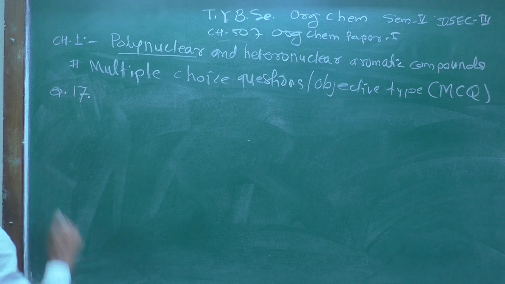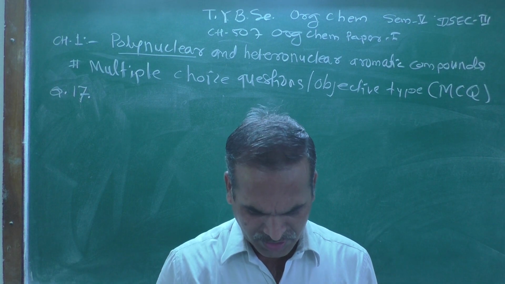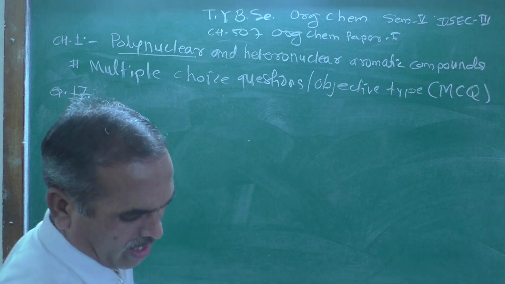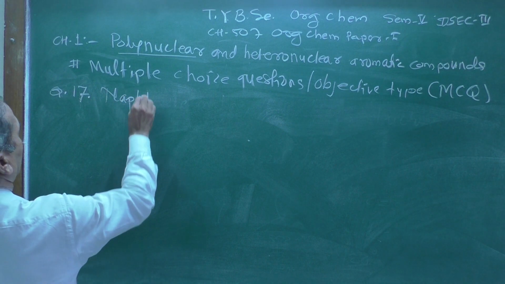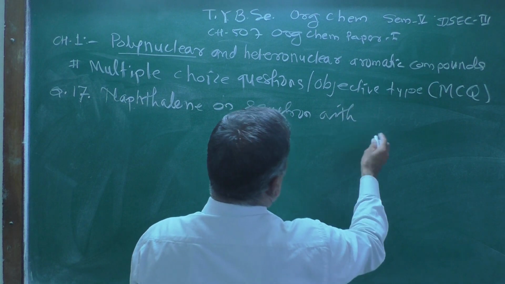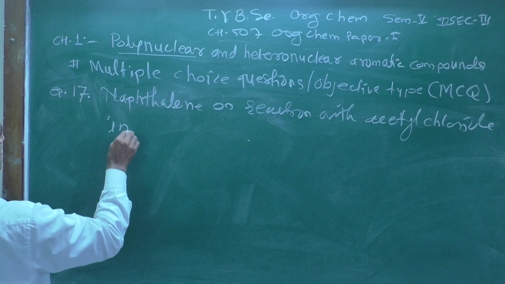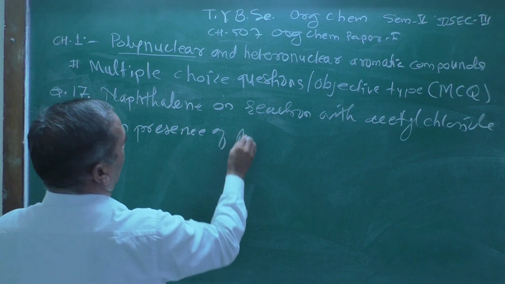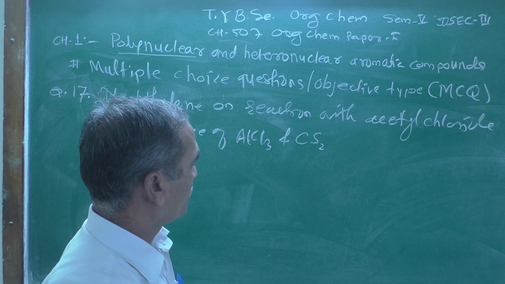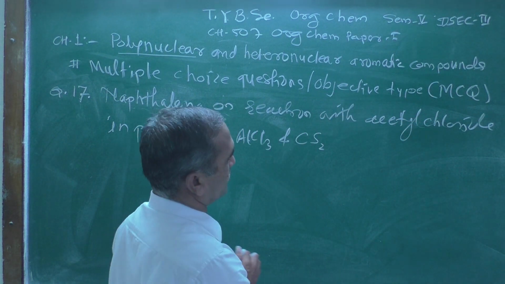Naphthalene on reaction with acetyl chloride in presence of AlCl3 and CS2, carbon disulfide, gives